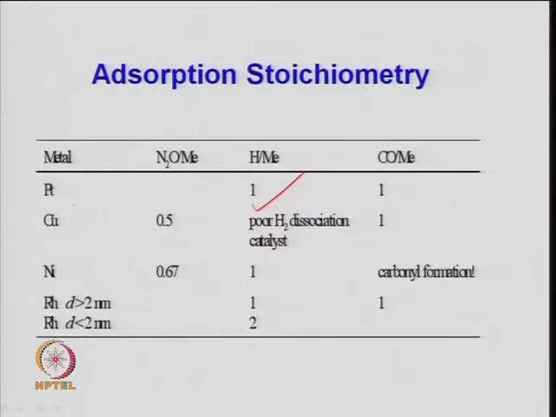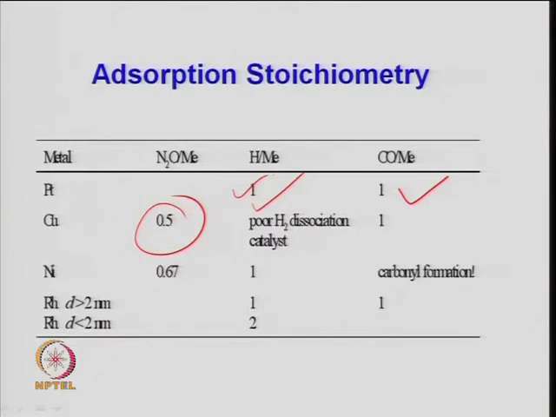So, we have to see in what way the molecule which adsorbs or chemisorbs covers the surface of that species, the active site. That is the stoichiometry, and here if you have platinum, for hydrogen it is 1, and for cobalt also it is 1. So, it is shown here as 1:1 associative. Copper, nitrogen oxide on metal, it is 0.5 dissociative.